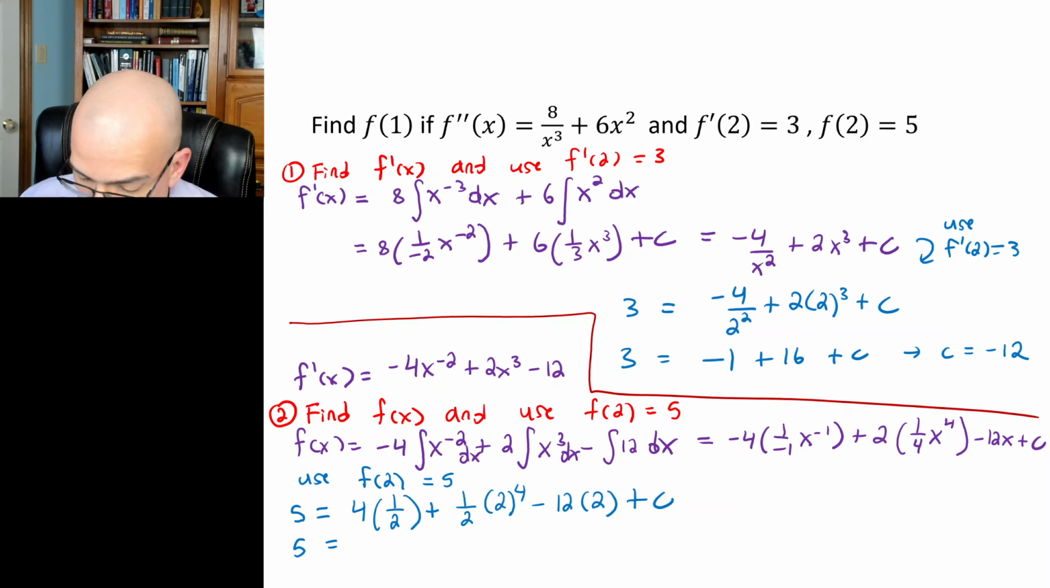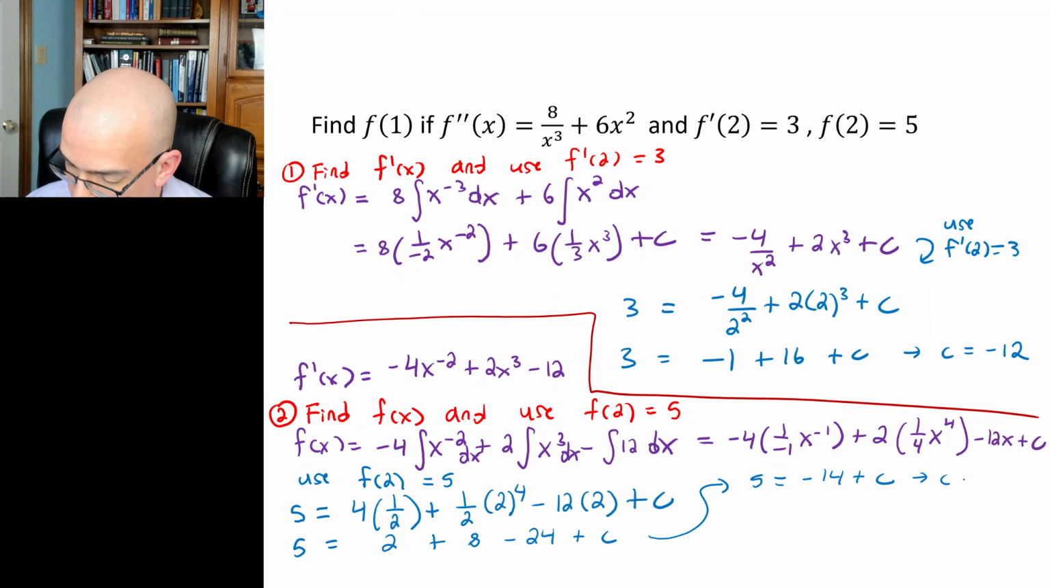Then simplify each of these. So 2, and then 2 to the power of 4, 16 over 2, 8, minus 24 plus c. So we have 5 equals negative 14 plus c. So c is equal to 19. And we're almost done. This is the second last step. Thus,